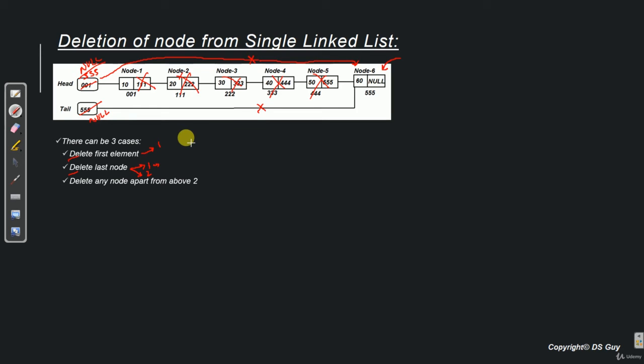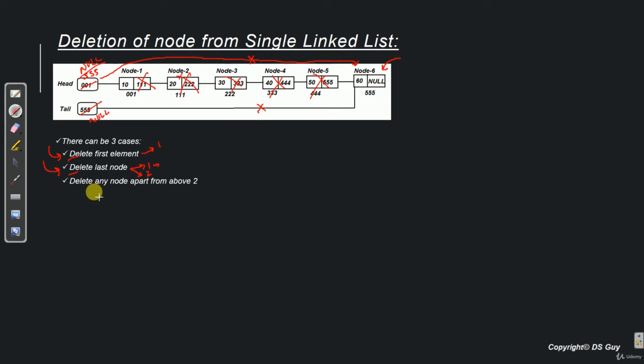So what's the difference? At a linked list level there is no difference, but there is a small difference in the way we handle it. Let's say the control goes in this block, which is delete first element, and we have only one node in the linked list at that time. In that case, we should be in a situation to handle that case. Similarly, if the control goes in this block, which is delete last node, we have to add that extra condition to handle a scenario where we have only one node in the linked list.